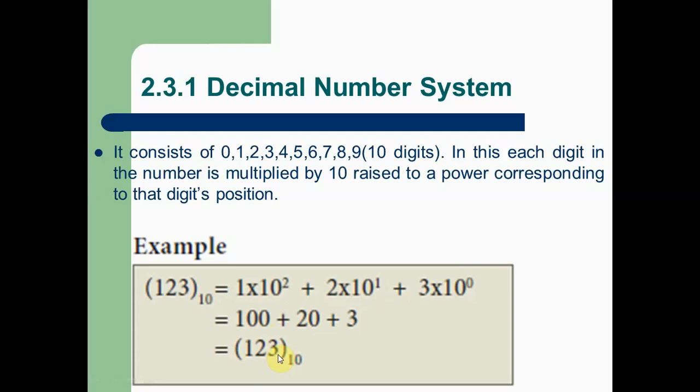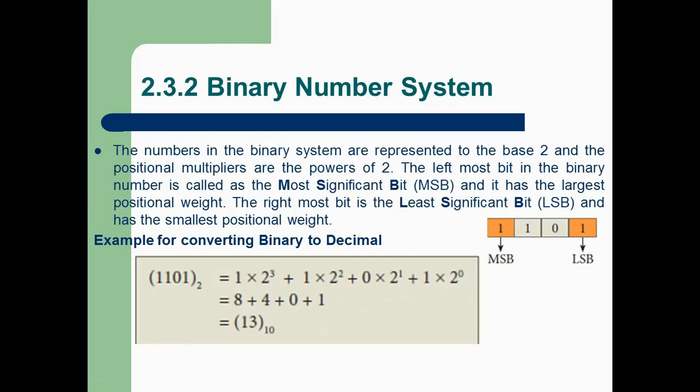In the same method, here you can see binary numbers. In this example, four binary digits are used: 1101. This is a simple combination of a binary number. From the right side, the first digit is known as the LSB, the least significant bit. On the left side, the first digit is known as the MSB, the most significant bit.